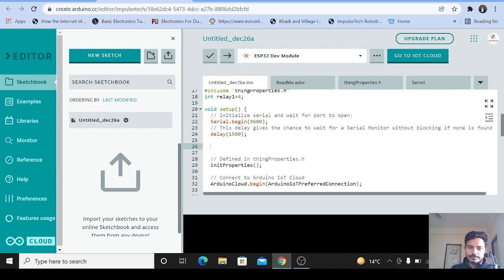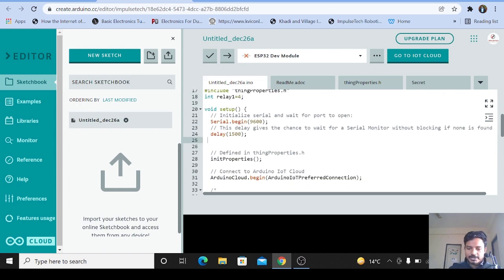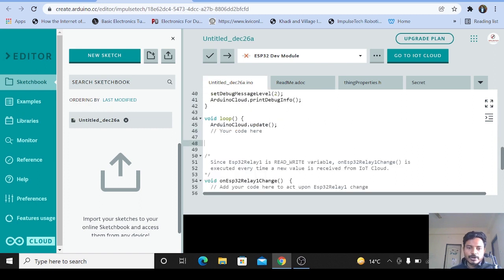Now inside the void setup, you need to declare which pins are output pins and input pins. So I'll write here pinMode(relay1, OUTPUT); Now inside the void loop, we need to store the sensor's data into the variable that we have declared